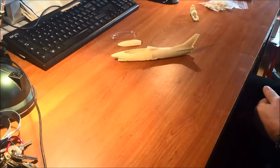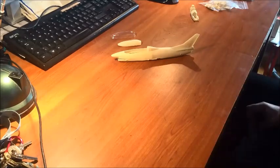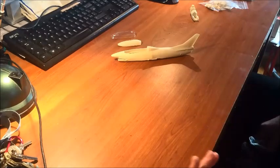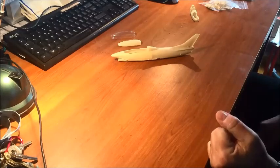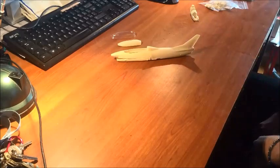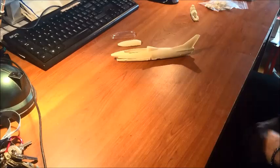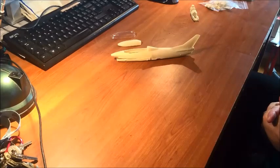The subject of today would be a plane. You know that I love cars, planes, trucks, whatever, basically in steady scale. It is a very important item for the Italian Air Force, because this has been one of the most important trainers for the Italian Air Force, as well as in Germany and in Portugal. I am referring to the Dornier or Fiat, more Fiat than Dornier, honestly. That was the G91T, T like trainer, the trainer version of the Gina,